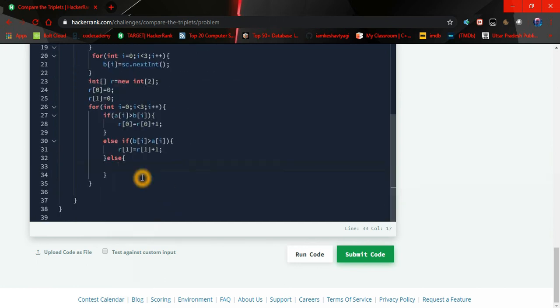So simply r of 0 equals r of 0, or I can write it for simplicity, r of 0 equals r of 0 plus 0, and r of 1 equals r of 1 plus 0.